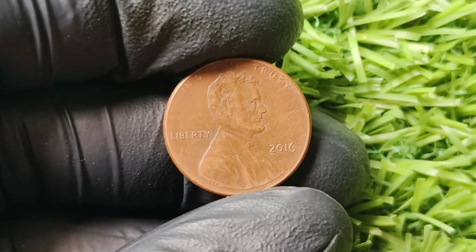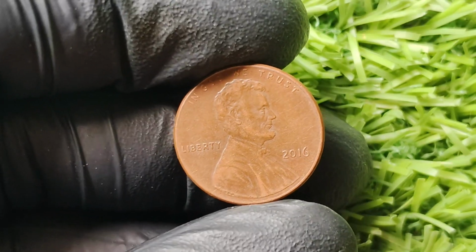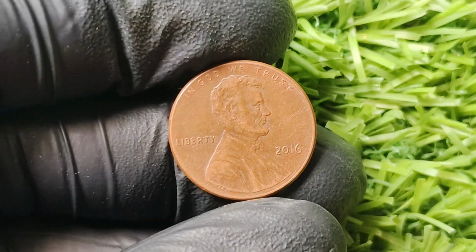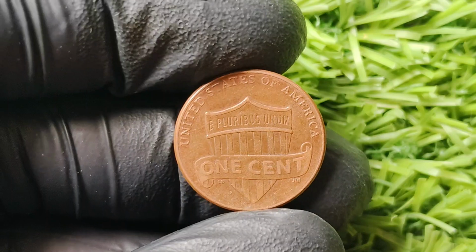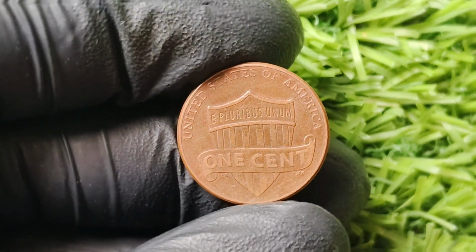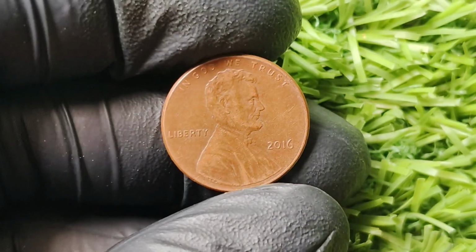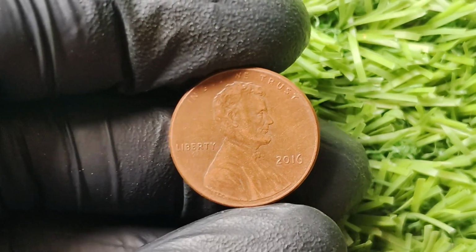Right now, that 2016 no mint mark Memorial Lincoln penny can fetch around $1.1 million if it's in top condition. Crazy, right? Prices like this come from a mix of rarity, collector hype, and the coin's place in the story of U.S. currency. The market for these coins can fluctuate. Like any collectible, the value goes up and down based on demand. Some experts believe the value will keep climbing as more people discover the penny's rarity. Others think the price might level off once more specimens show up on the market. Either way, it's a coin worth watching if you're into serious collecting or just love the idea of finding something